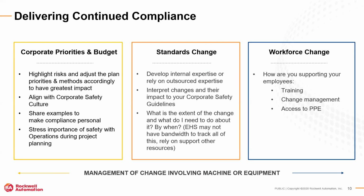And so you want to make sure that the priorities and plans that you put in place are aligned with that overall strategy. And then when you're talking to your teams, share some examples to make that compliance personal. So how do you take that information that you know about your organization and make those priorities personal from a compliance perspective? And then as standards change, you can either develop internal expertise, or you can rely